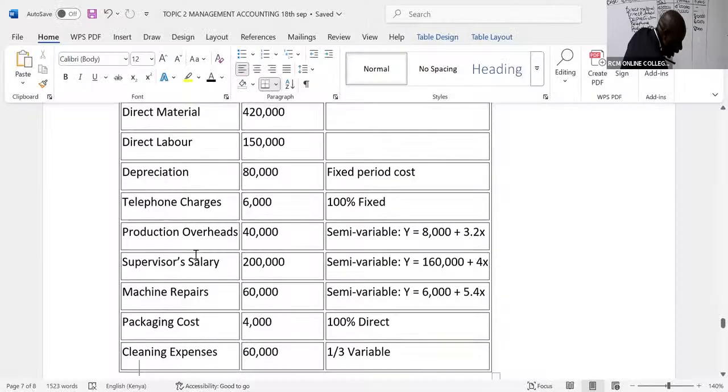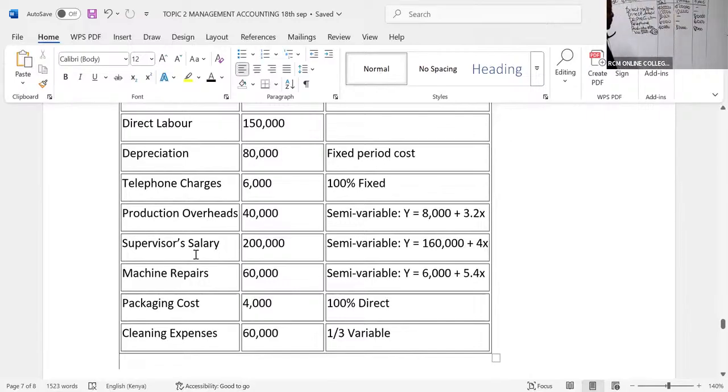Ladies and gentlemen, after that, we have supervisors' salary. Supervisor salary is 200,000 total. And then they have given me an equation. For supervisor salary, they are saying Y equals 160,000